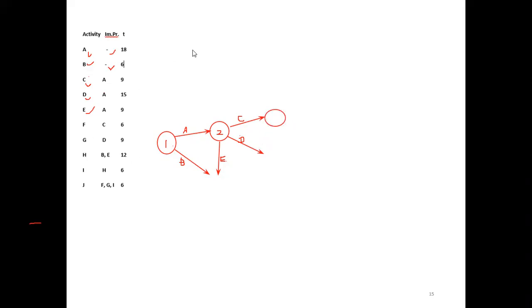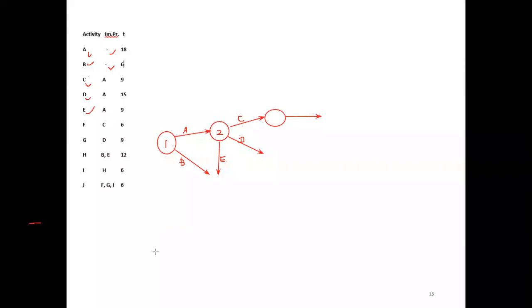Now C is finished. After that, what activity starts? When C finishes, then F starts. Here F starts. You may draw it here like this, no problem. But now I just draw it, and according to our convenience we may change the drawing later. Whenever you do this in the exam, try to use a pencil, because sometimes you will need to adjust your arrow marks.